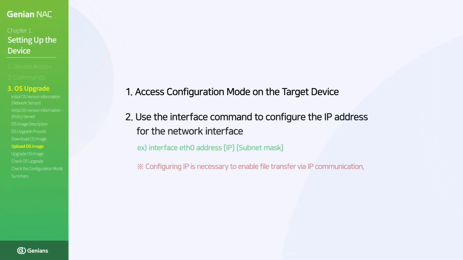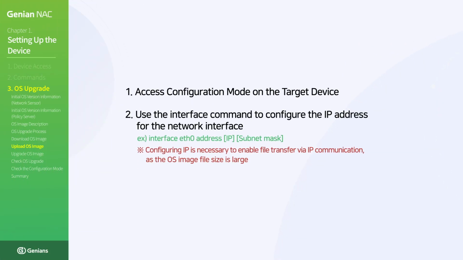As the second step of the upgrade process, we proceed with uploading the previously downloaded image file to the NAC device. Due to the large size of the image file, the upload is performed over a secure shell connection in an environment where IP communication is available. While it is technically possible to upload the file via serial communication, it is not practical because the file size is at least 400 megabytes for the policy server and over 60 megabytes for the network sensor, making a successful